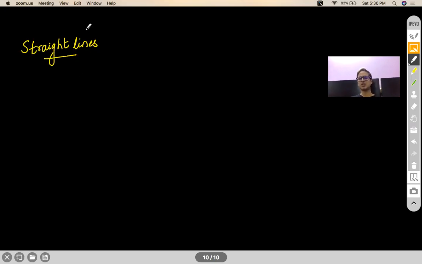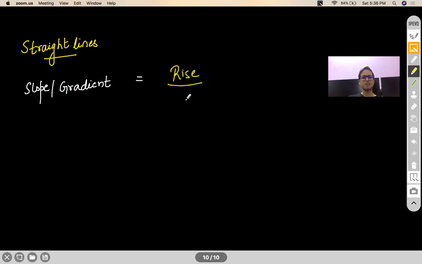Okay, so straight line. The very first thing that we will require is the concept of slope. Slope, also called the gradient, right? So what is slope? Slope is the ratio of rise to run as you move along that particular geometrical figure. Let's say you're climbing a mountain. What is the slope of the mountain? It is basically defined as how much vertical distance you have covered to how much horizontal distance you have covered while moving from a point A to a point B.